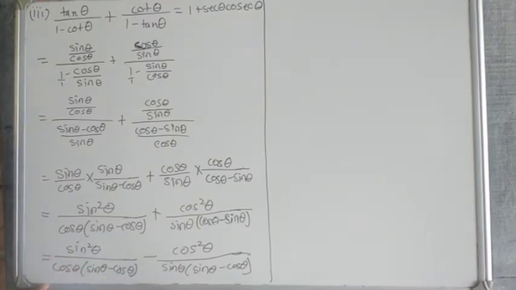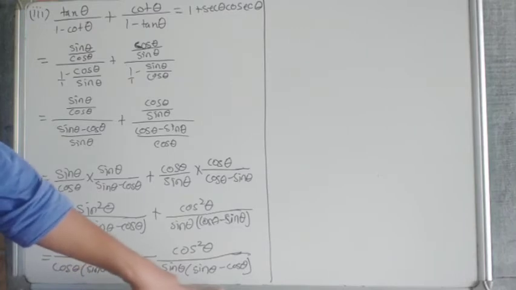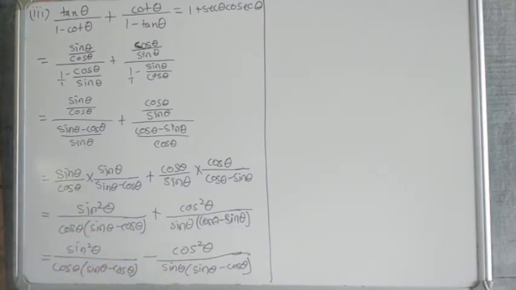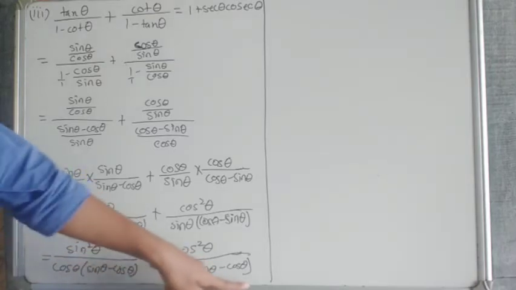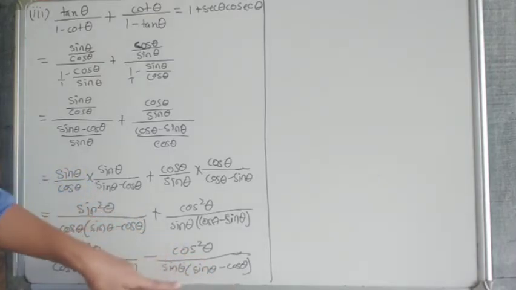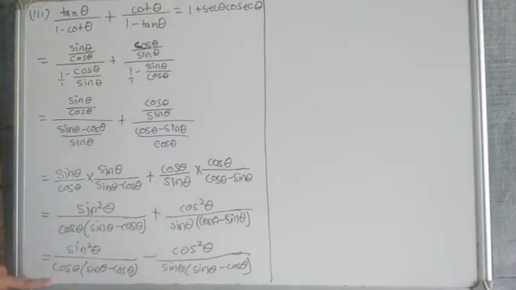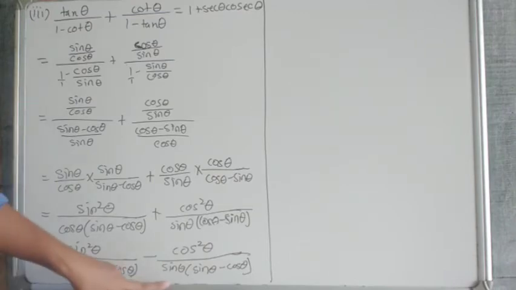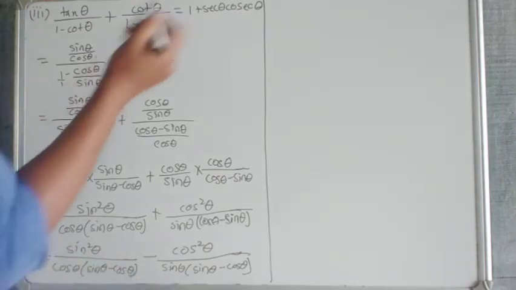Now taking LCM. Here we need that broader type of LCM. When you take the LCM of this and this, you can see that this thing is common: sin theta minus cos theta, sin theta minus cos theta is the same. And what is extra? We have cos theta and sin theta. I'll take numbers so you will understand more.